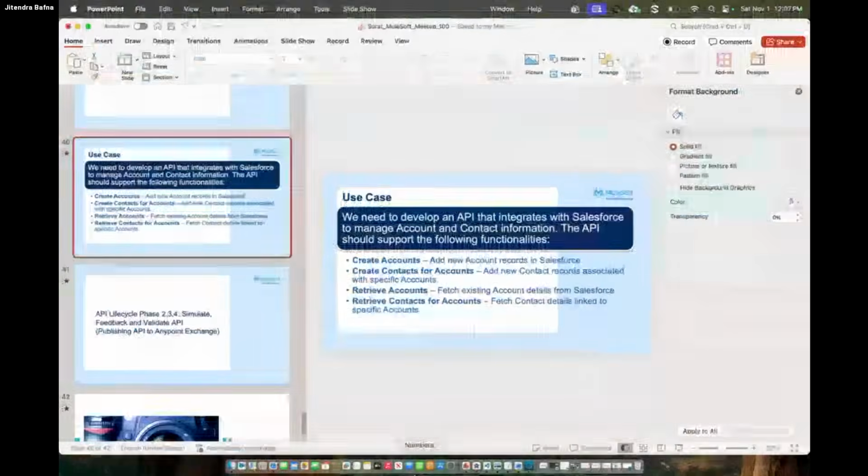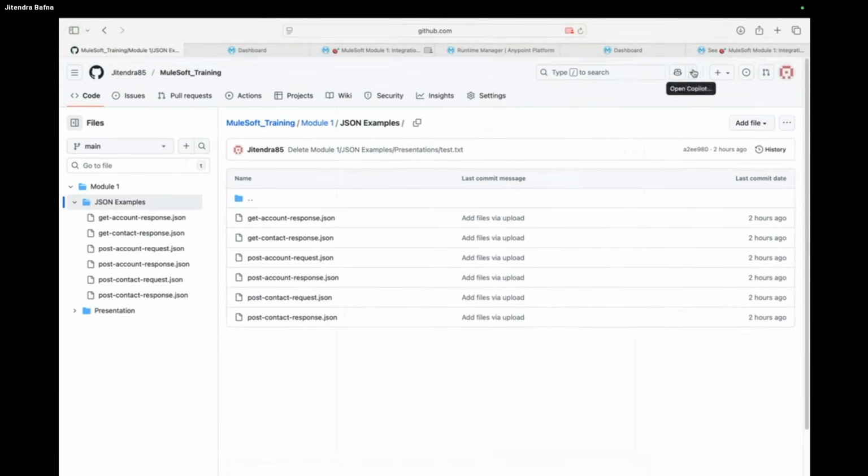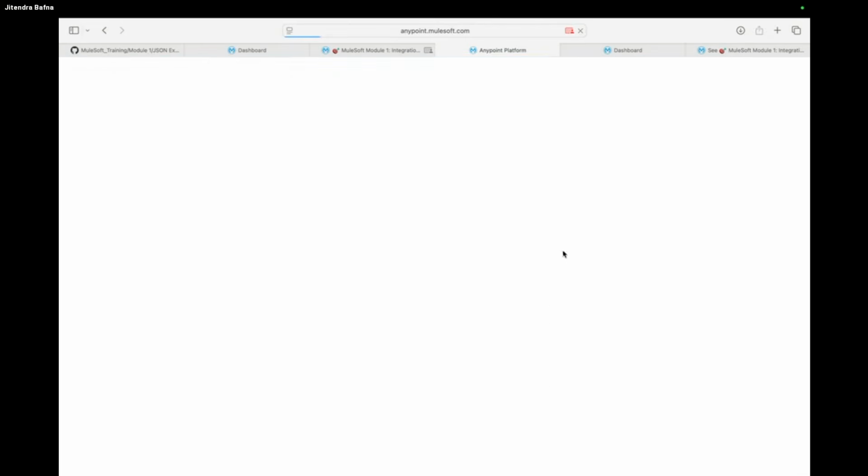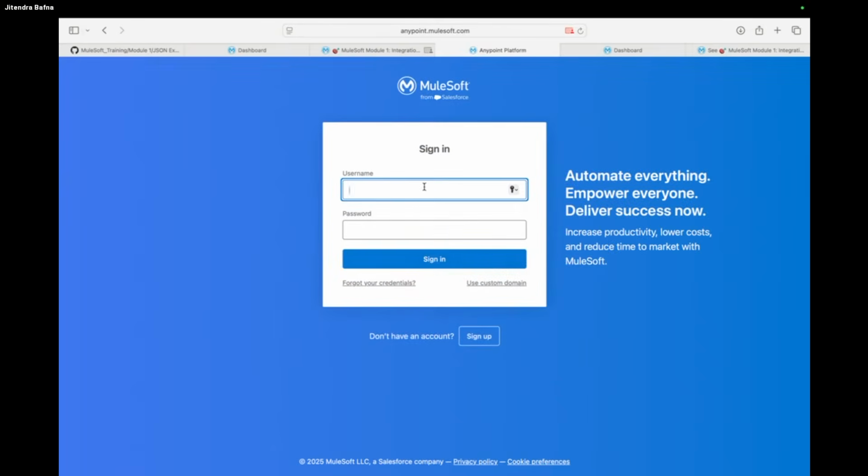So let's get started. Before I get into that, I will just give you a walkthrough of Anypoint platform. So where is my Anypoint platform? Now if you see, the GUI has been changed a bit. Recently the graphical user interface has been changed. I don't know what is my password.